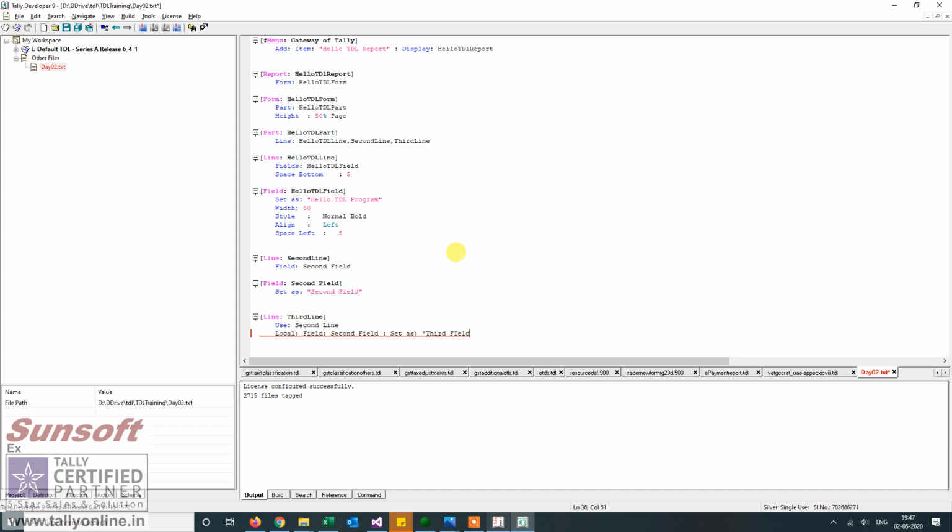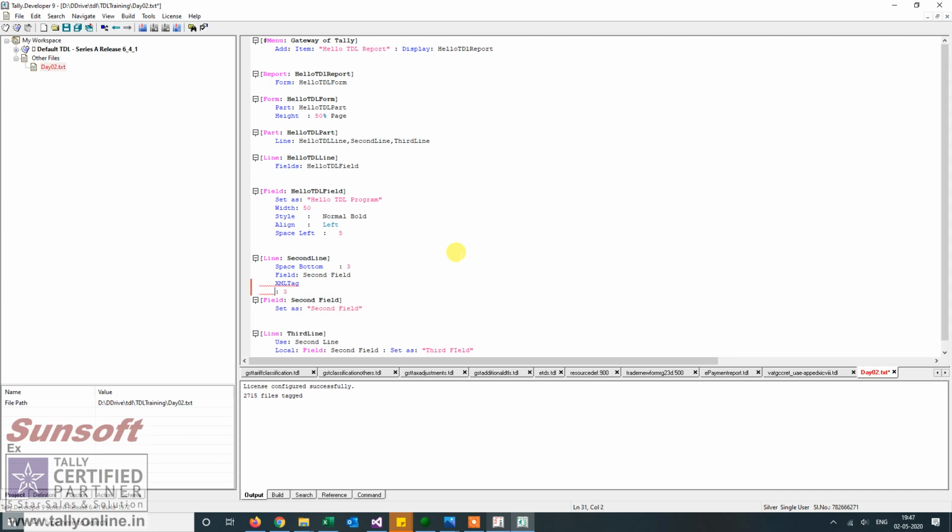In the second line, I give space top and space bottom so that we can understand the concept. So I give it as 3. 5 was a little on the higher side.